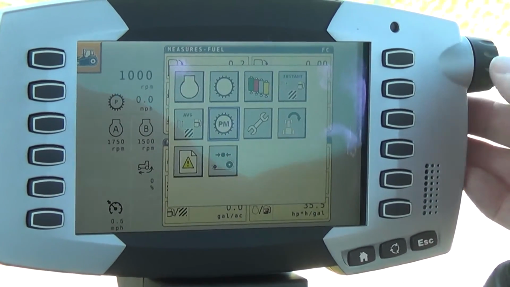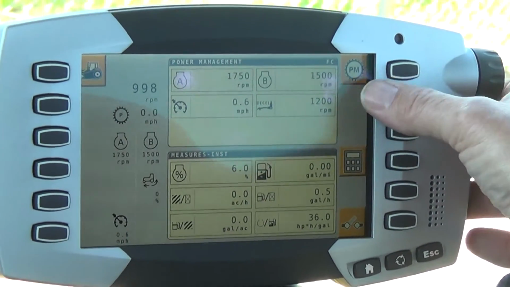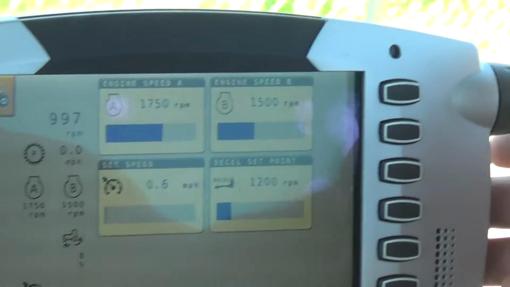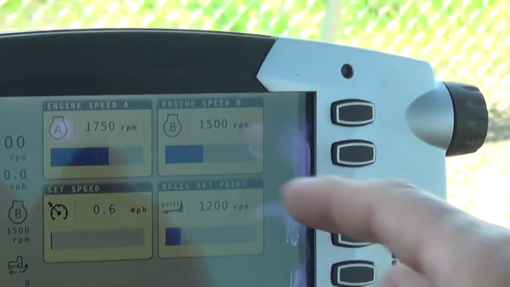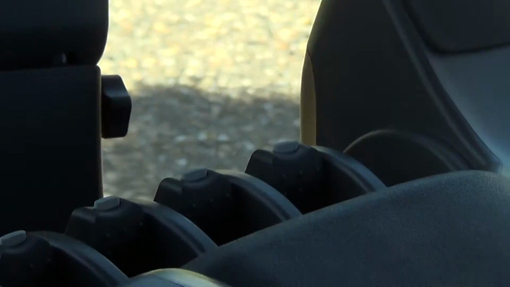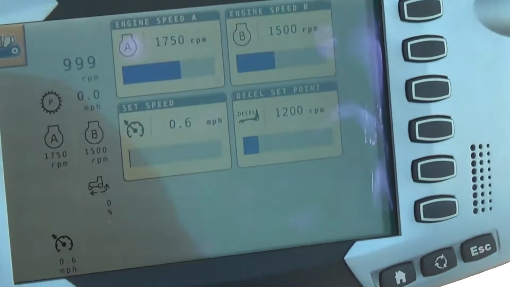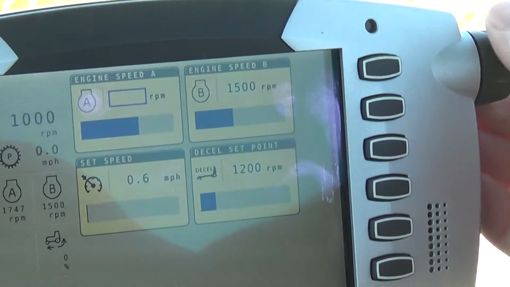Next we're going to go to power management. By selecting the button next to the icon, it brings up our 4 screens here. We have our engine speed A, which can be chosen down here. And then we have our engine speed B, which can be selected by pressing this toggle switch. To change this, we can simply scroll up to the RPM here,